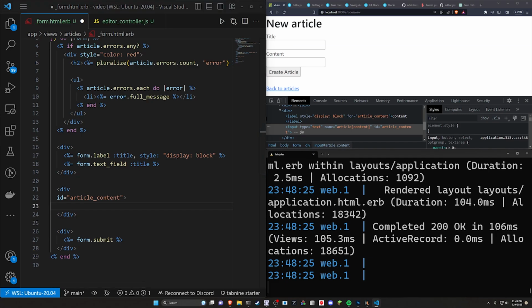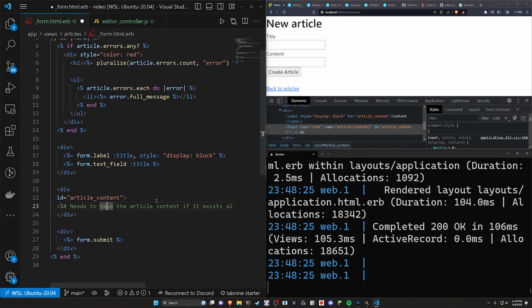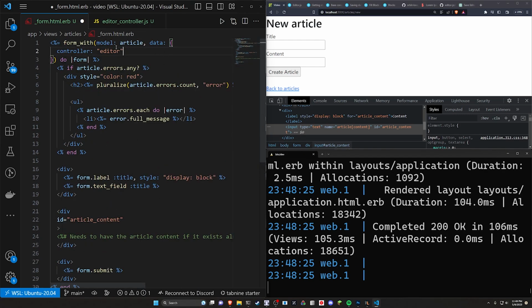One thing that we do want to make a note of, which I'll just put in a comment, is that we want this to have the article content if it exists already. Now, that's not something we're going to be dealing with right now, but that's something that we do need to make a note of. The other thing we want to do here, because our controller is connected to our form,